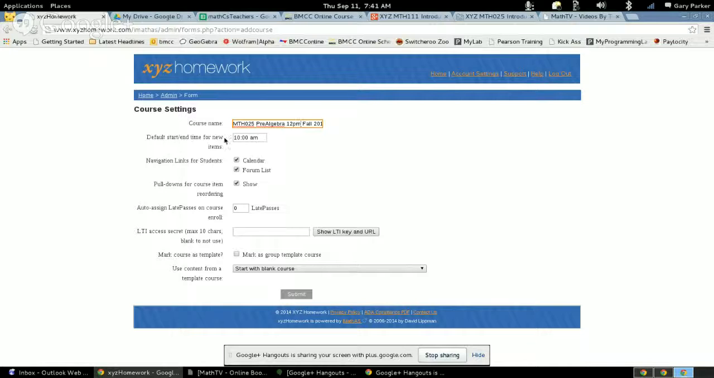The start end time here is default time for items. That's not a big deal. Late passes, it's not a big deal here either. We can change that later. But late passes, if you have due dates on assignments, but sometimes students need an extra day for something, you can give them ahead of time 1, 2, 3, however many late passes you want,